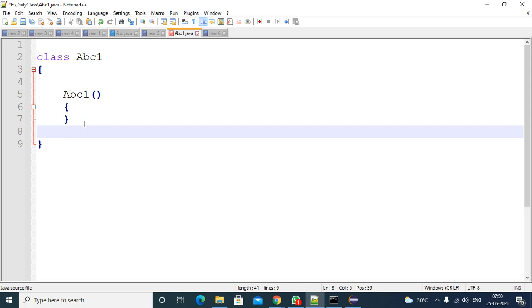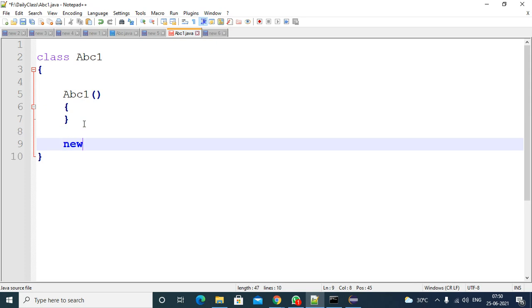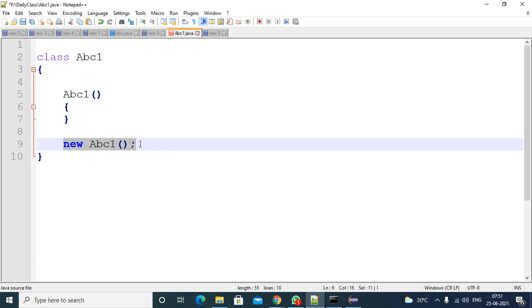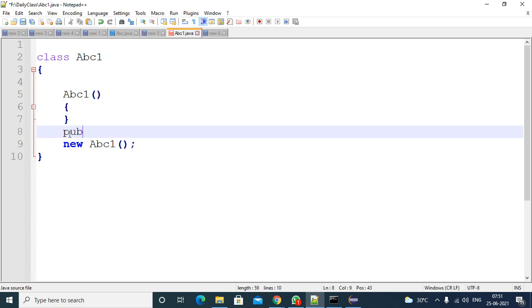Right. So how to create the object, you already know. So I will write the code. For creating the object, this line is enough. But for executing this line, we require a main method. The execution process will start from the main method. That's why you must have a main method in your class. Inside the main method, you can use this statement. Right. So I am writing the main method, public static void main. You can take String dot dot dot x.